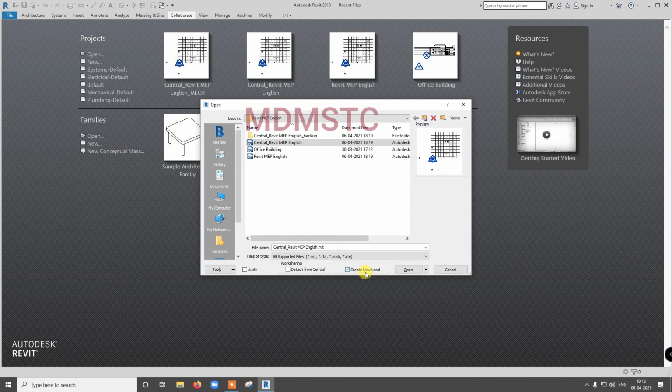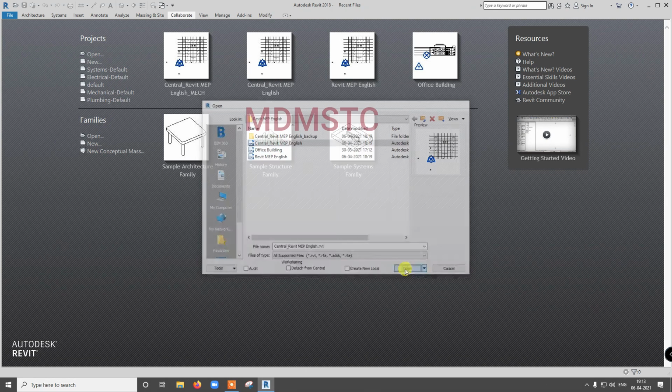If you select Create New Local, a new local file will be created automatically. If you untick, no problem, you can use the central file, and if you Save As with a different name, once again that file acts as a local file. I am unticking both, selecting the central file, central Revit MEP, and clicking Open.